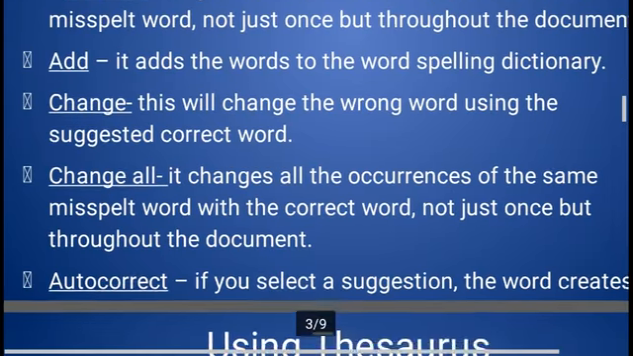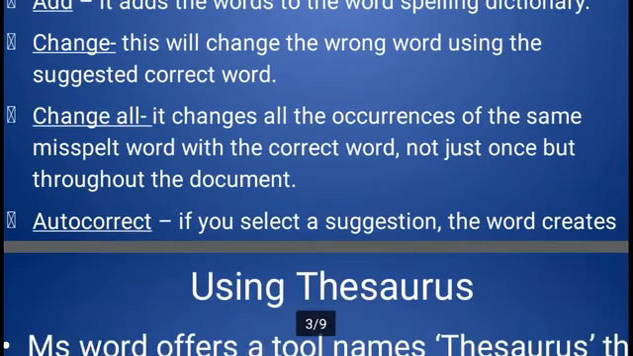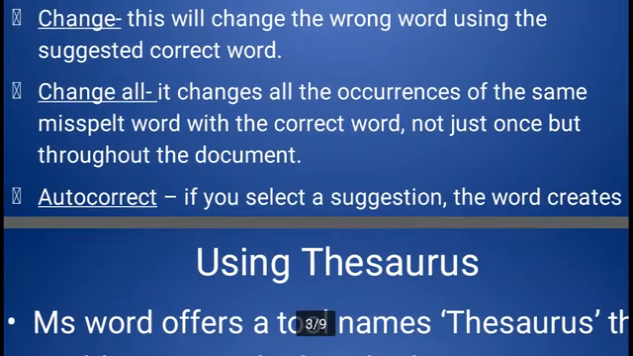AutoCorrect: you can select a suggestion and then this will create an AutoCorrect option. In future it will be automatically corrected. Okay,